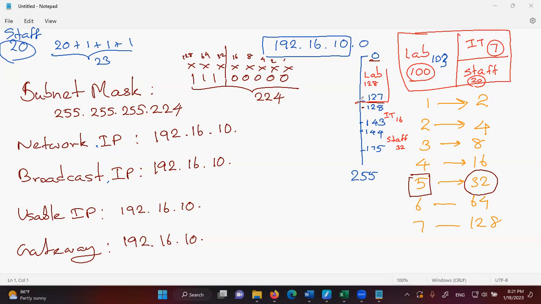So this segment is allocated to the lab, this is for the IT room, and this block is for the staff room. According to that, the first IP will be 144. That is a network IP, because you have the broadcast IP. Usable 145 to 174. And 145 is the